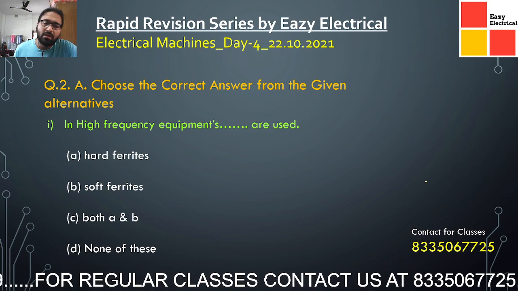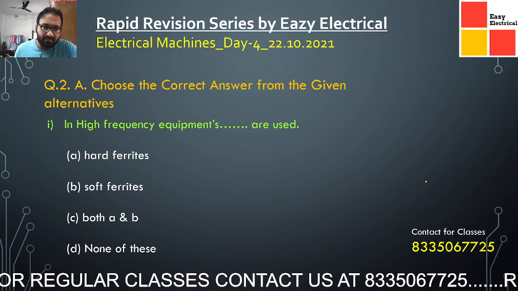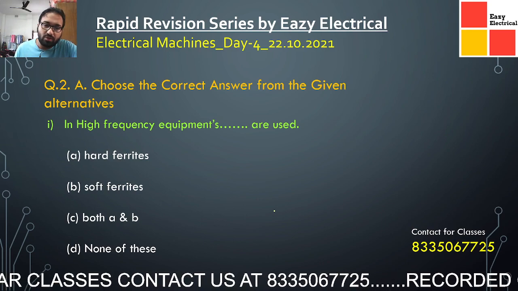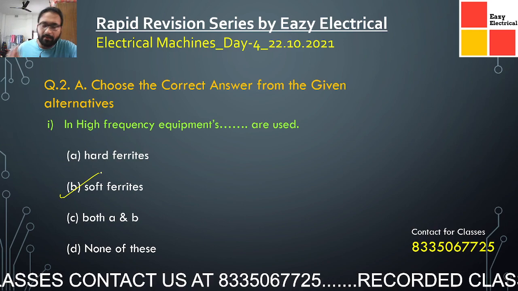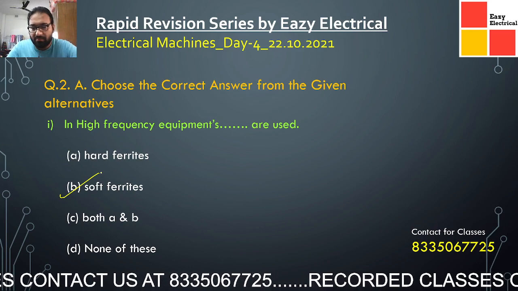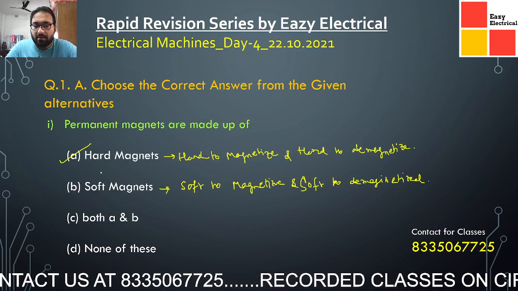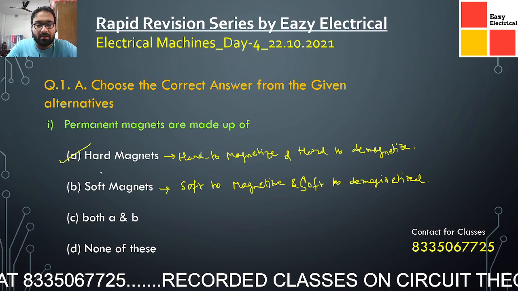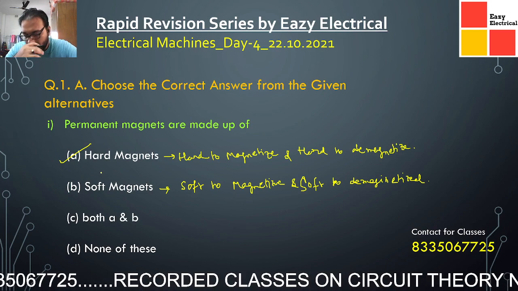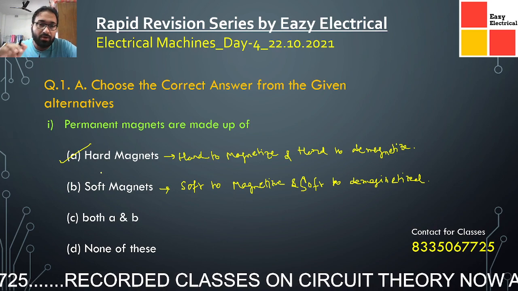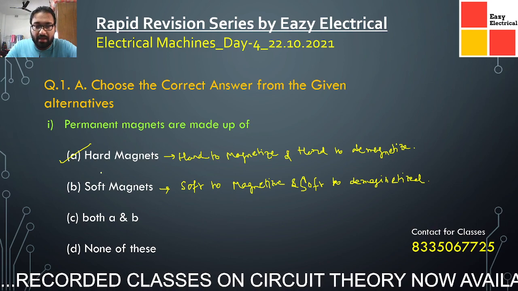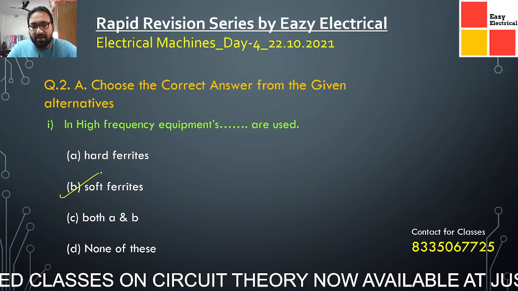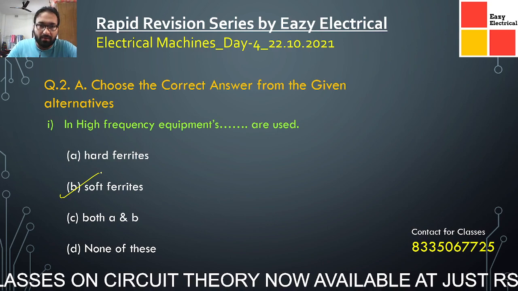the alternations of the AC supply are very high. So in that case also we need soft materials which can be easily transformed from one state to another. I have put two similar questions side by side, but the purpose of application is different. Here we need a solid or permanent magnet, in which case we require the magnetism to be stable, and in this case we need the high frequency alternations in the supply to be handled by the equipment itself.